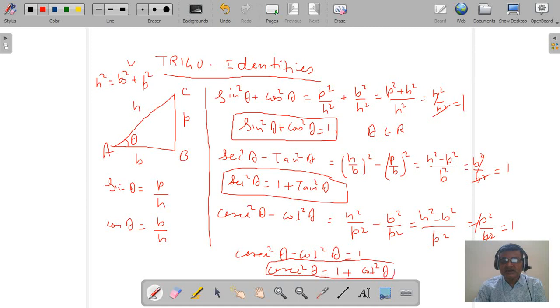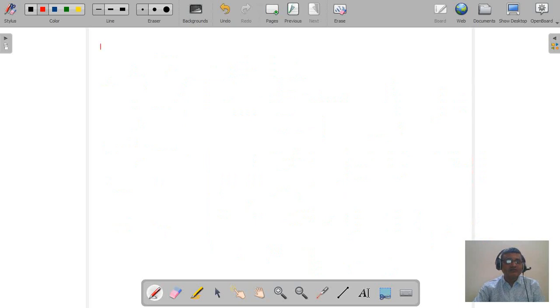So these three identities you must have on your fingertips, then only you can solve the questions of trigonometry. Remember, without formulas you cannot solve the problems of trigonometry. So it's very vital to remember all the formulas of trigonometrical ratios and identities. Now we are going to solve some questions based on these trigonometrical identities. So now we are going to discuss question number 1.